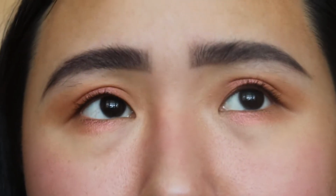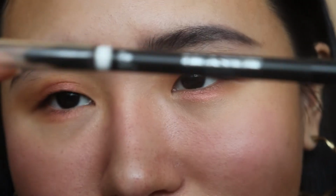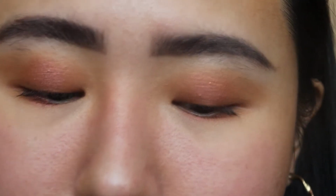So now I'm gonna be drawing on my waterline. I'm just gonna be using this Dior Intense Khol Pencil in white. My camera won't focus today, so please bear with me, but I'm just gonna draw on it. I'm sorry if it looks weird, but...